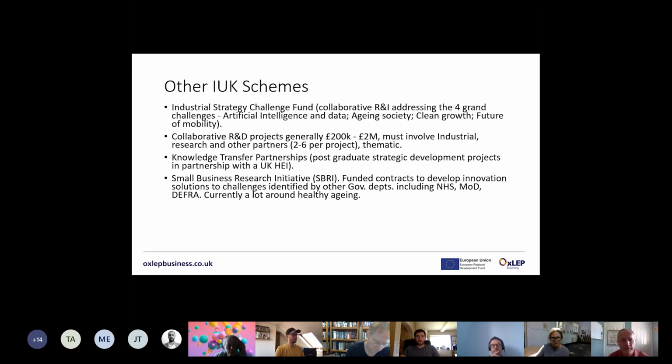It's a big network. It's a little hard to penetrate to begin with, but when you get into it, you'll start to find the people working on similar things. Now, these other schemes, knowledge transfer partnerships, I'll talk about that. That's a way of getting work done, but it's funded by Innovate UK. We have a whole webinar that we deliver on KTPs, and I'm happy to talk to people about that. It's a way of working with a local institution or indeed an institution outside of Oxfordshire on a strategic development